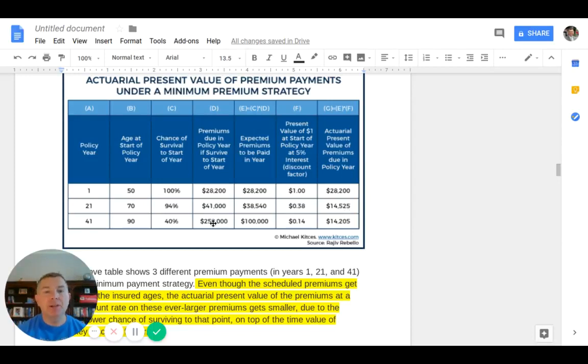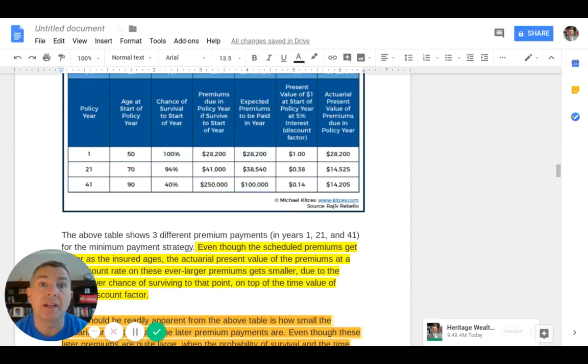So again, the big issue here is, if you do live, you're sitting there thinking, I don't want to pay $250,000 when I'm 90 years old. The likelihood of you having to do that is nil. And then when you factor in your discount rate of 5%, it's only $14,000. That's the amount of money we can earn theoretically outside not to have to pay in that premium. So if we put $14,000 in an account that's growing at 5%, given a 40% chance of survival, that'll be equivalent to $250,000.